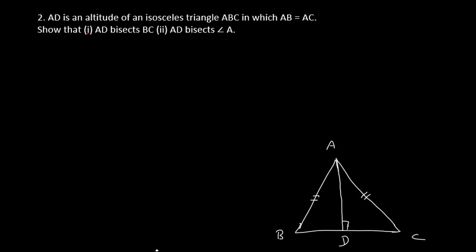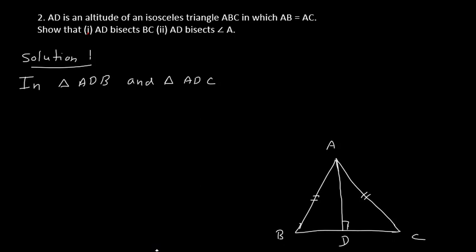Okay, so here if you see, you can use RHS criteria, right? Two right angle triangles are there, hypotenuse is equal and one side is common. So I will take two triangles. Given, you can write what you have to show, that you can write. So let me start with the solution. In your solution always write given and to show. So in solution I will say that in triangle ADB and triangle ADC,